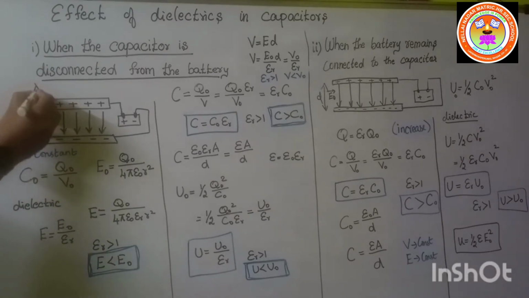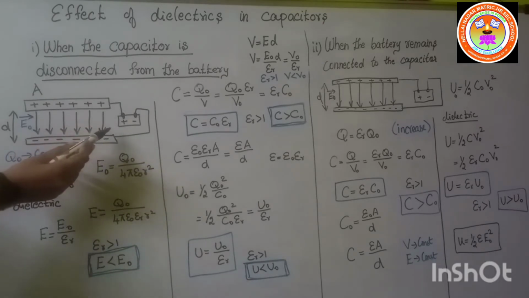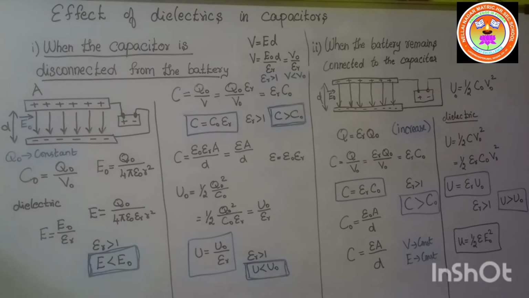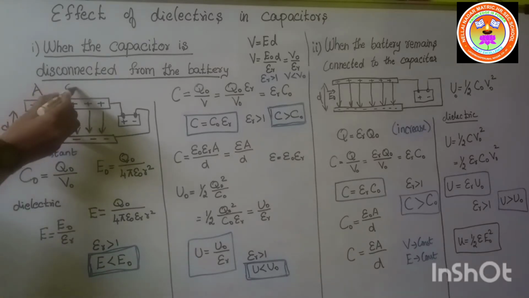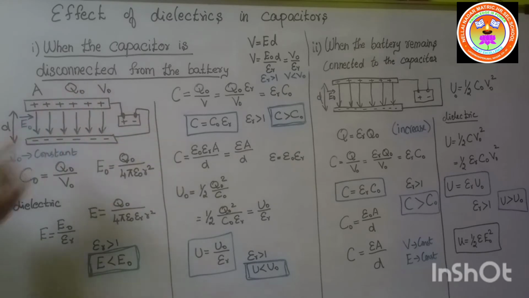having the cross sectional area A, separated by the distance D. Now this capacitor is charged by the battery. Listen, this is the battery, with positive and negative terminals, and the capacitor is now charged. When this capacitor is charged, it has the charge Q naught. By using the battery the potential is